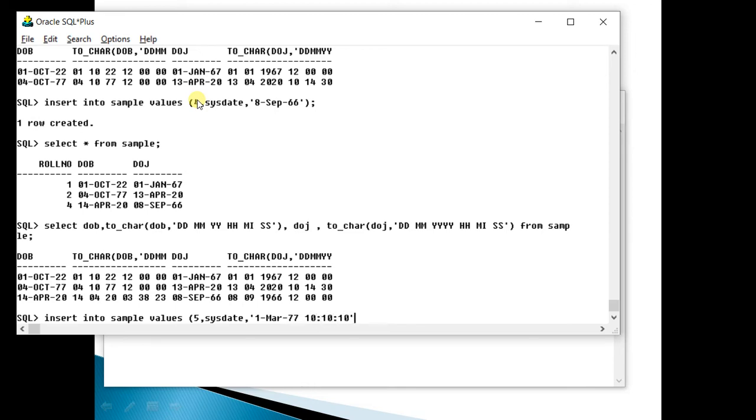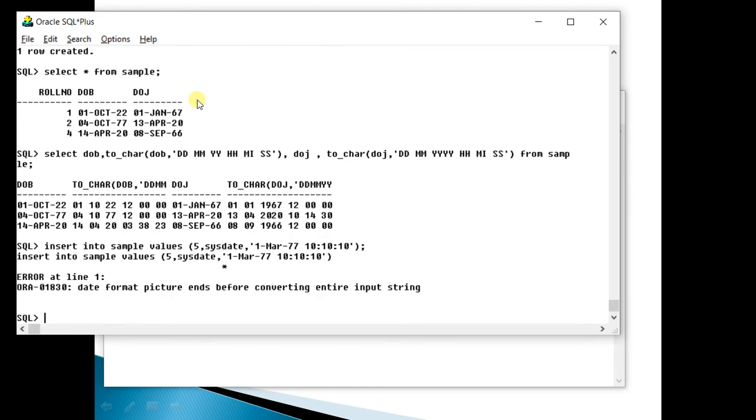See, an error will come. Oracle has been designed in such a way that you cannot enter time like this. Although you can enter a date, you cannot enter time like this.